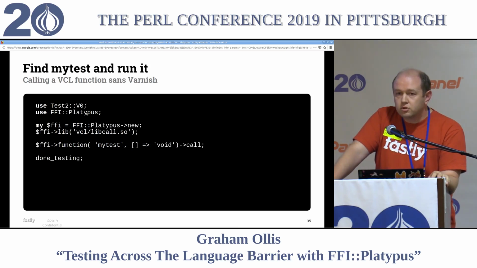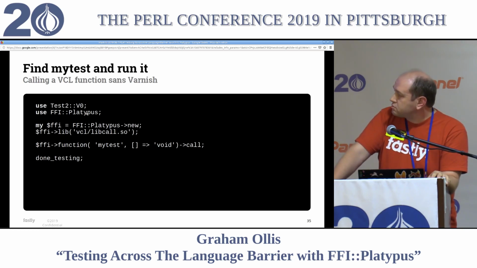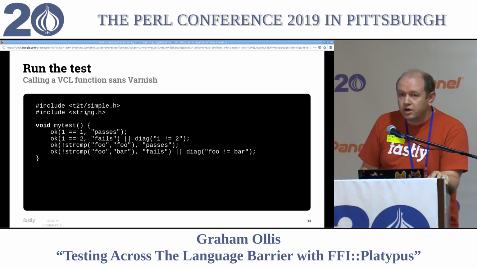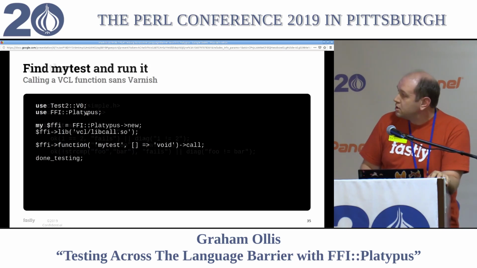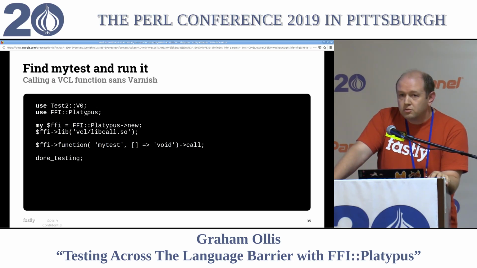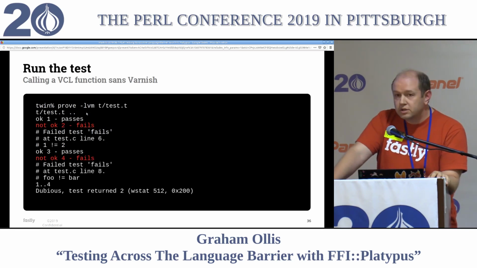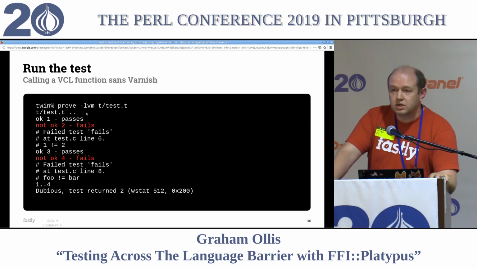We've got a really simple Perl test suite, a test script that wraps around it. So this one's real easy. The function itself doesn't return any values and it doesn't take any arguments. So we create a function that does that and we call it directly. We run the test and it fails exactly where we expect it to and it passes exactly where we expect